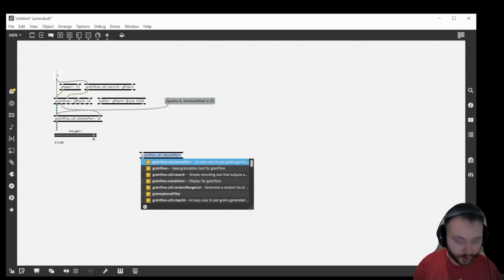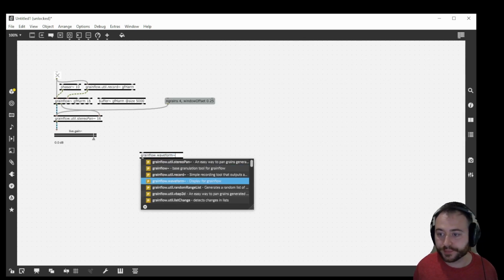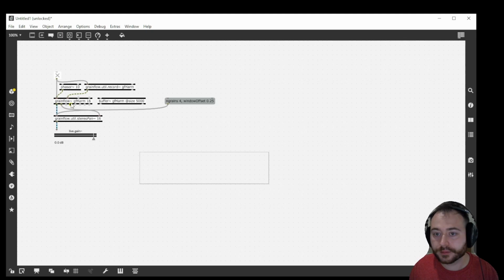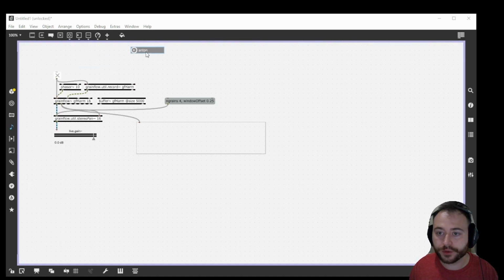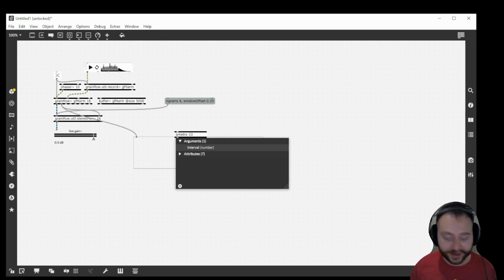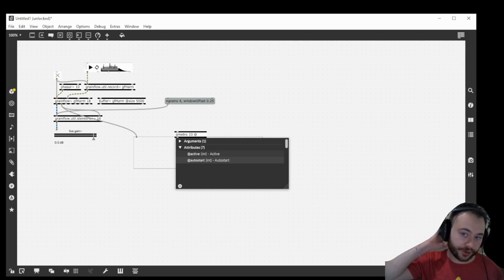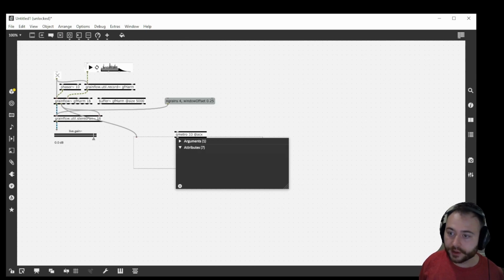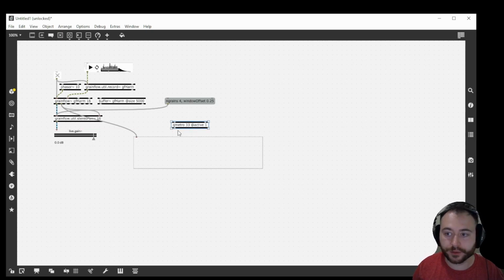I'm going to make a Grainflow waveform so we can just look at it. Connect that in over here. And we need a sound. We'll use Anton. Connect it to my recorder. And then we'll also need to bang the waveform object to display the waveform. That's just an optimization. So if you have a granulator with a fixed sound file, you're not constantly trying to